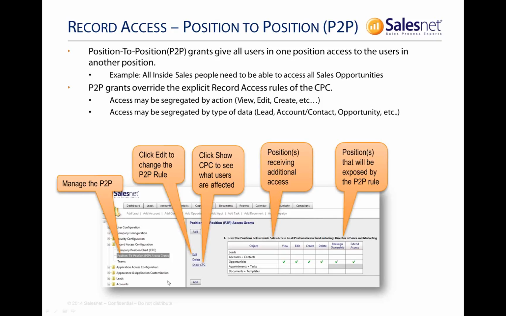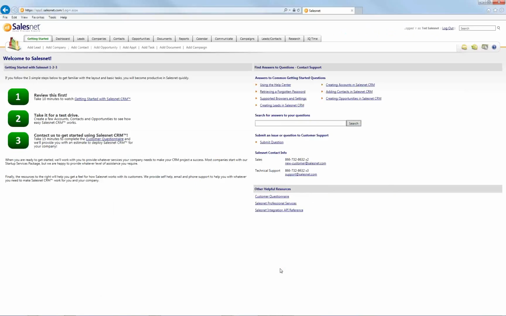Now, a common thing that we do for organizations is that we put a rule in place to allow view all access. Many times companies only want users to be able to edit their own data, but we want them to be able to look up information across the entire organization. So we will allow viewing for every object. And a rule like that looks like,